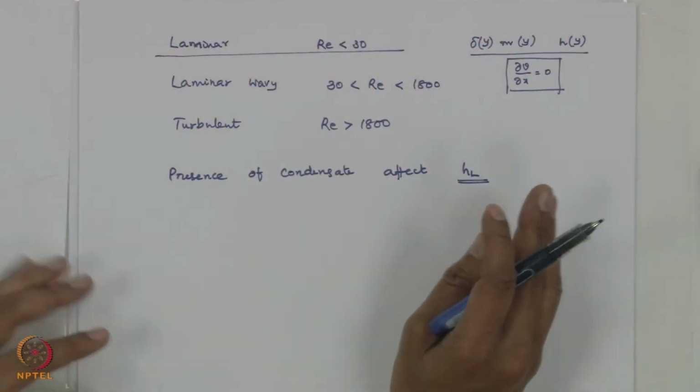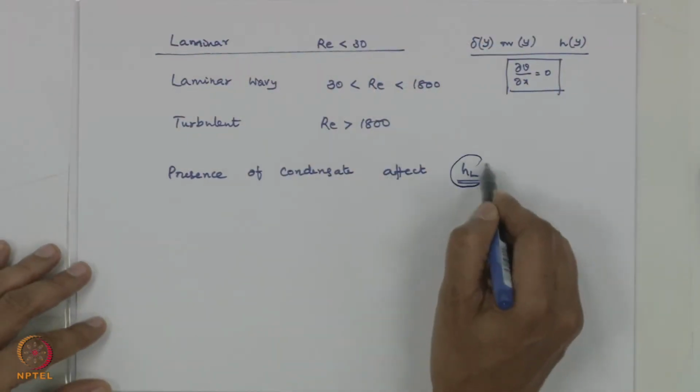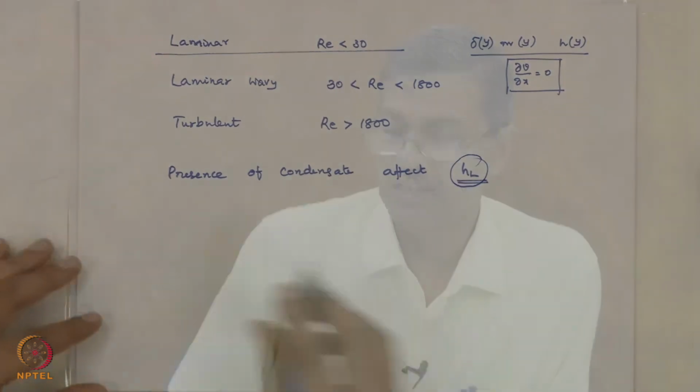How seriously it will affect is a major study by itself. In the nuclear industry, this is a major study that they are worried about. Because of the presence of air or gases, the heat transfer coefficient gets seriously affected. So they do measure it, and of course one can do the derivation relaxing this interfacial shear stress and calculate h,